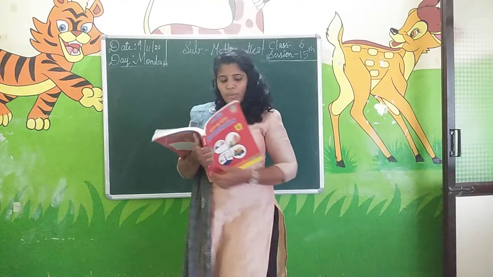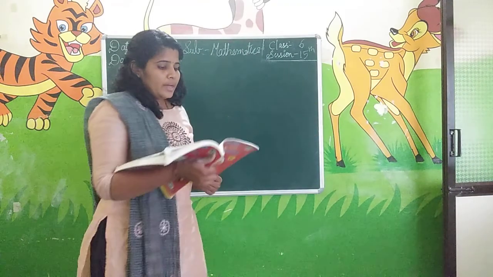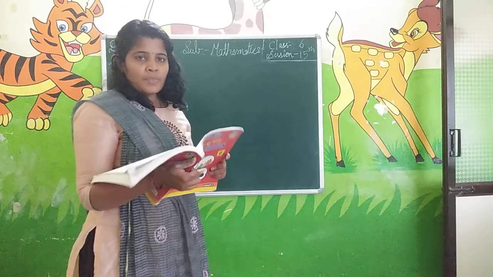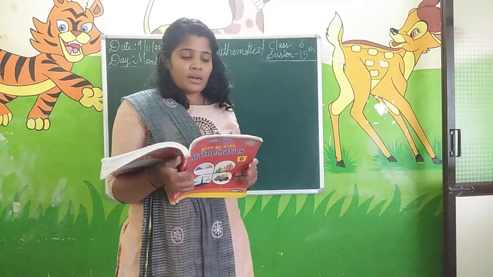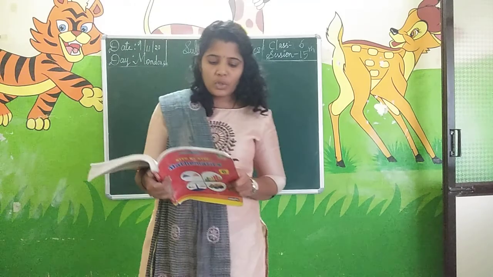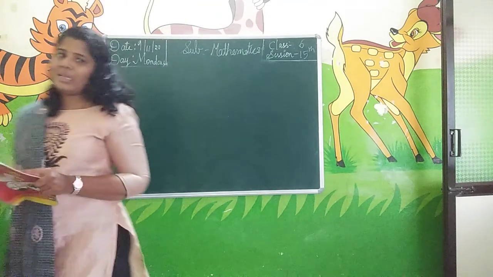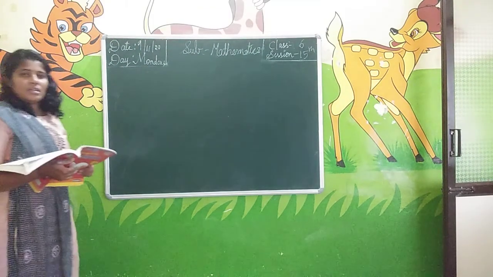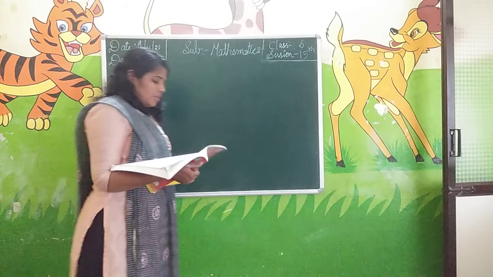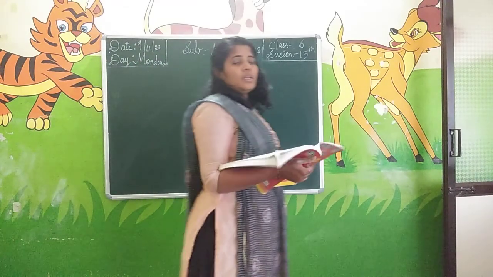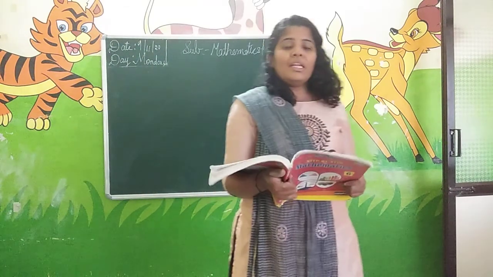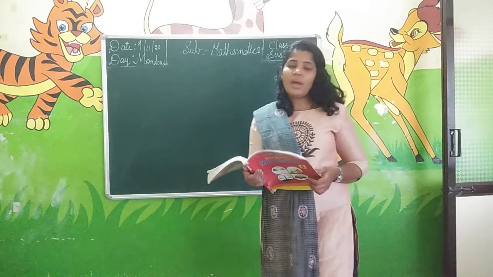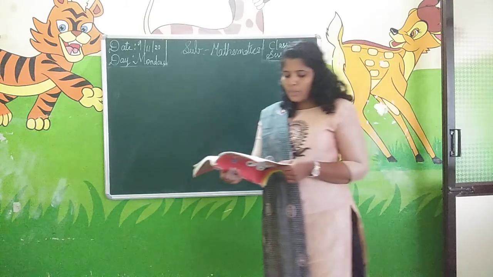When you come to the commutative property, if a and b are two whole numbers, then if you change the order of the numbers, you will also get the same answer. That is the commutative property. When you go to the associative property, when you take three whole numbers, after changing their grouping, you will also get the same answer. That is the associative property. When you come to the multiplicative identity, when you multiply any whole number with 1, the answer we get is the same whole number. This is the multiplicative identity.